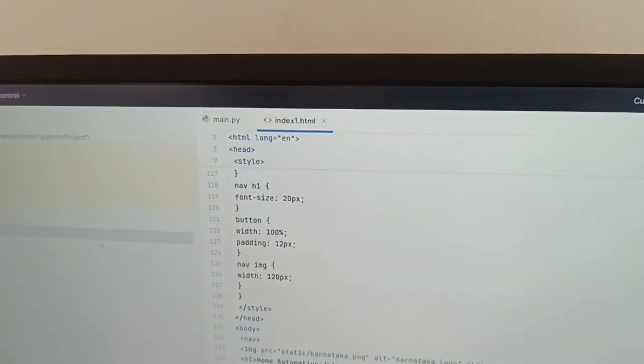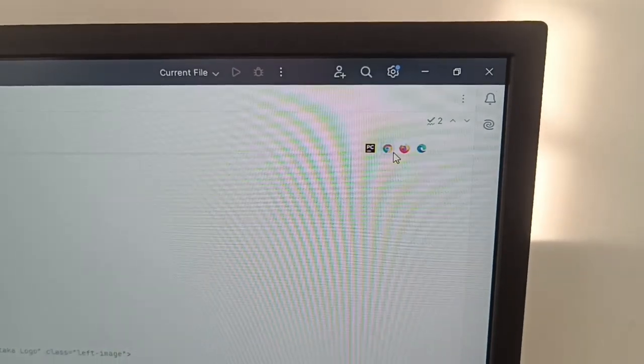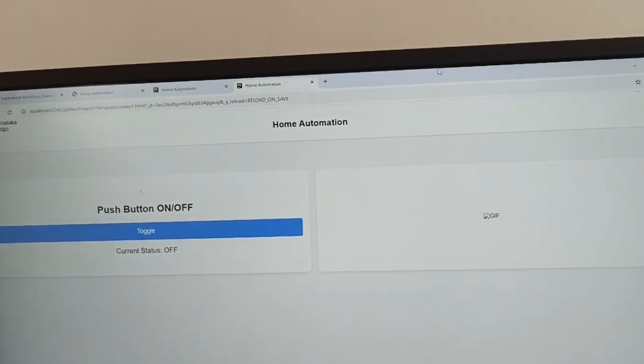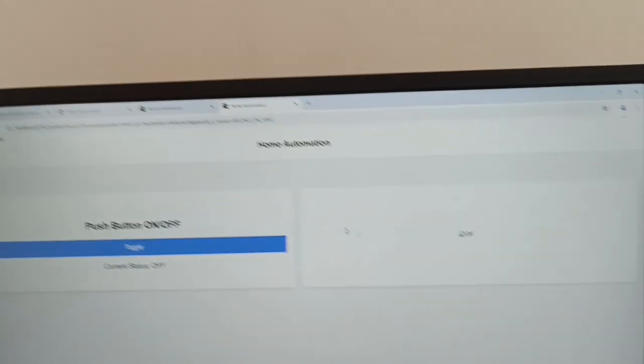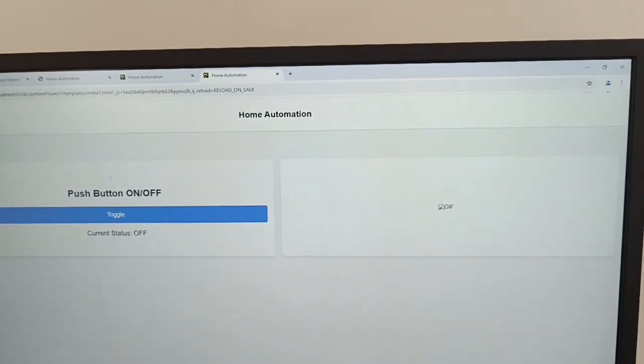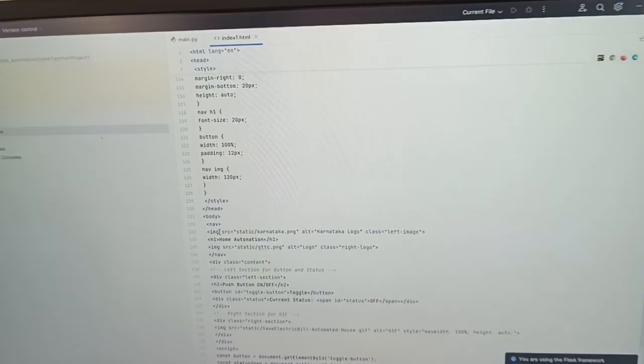Once this code is pasted, you can see its web page here. There are four icons you can see here. Let's say I'll use Google Chrome. So this is visible now. In this web page, you can see that the Karnataka logo and GIF file is missing. For that, in the code itself, they have given us img src, which stands for image source, is equal to